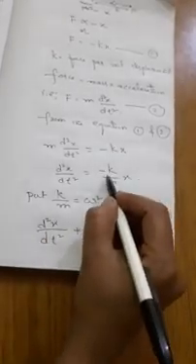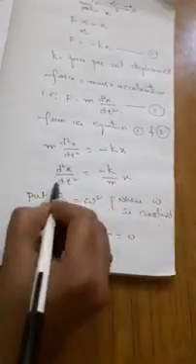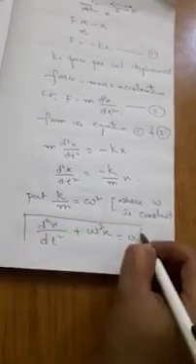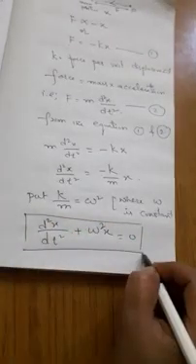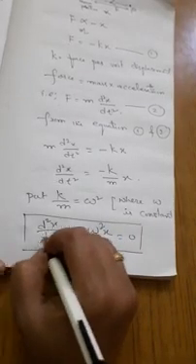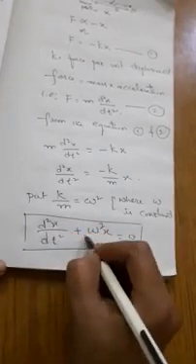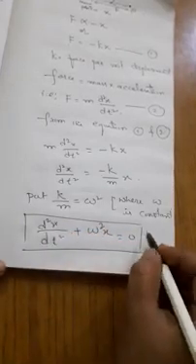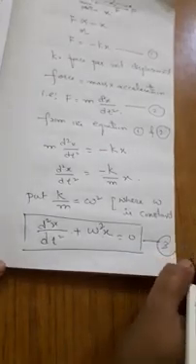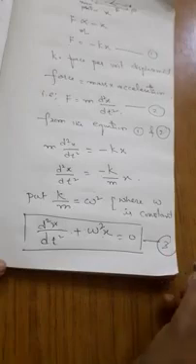When we take the term to this side, the minus goes to plus. So our equation of motion for a simple harmonic oscillator can be written as d square x by dt square plus omega square x is equal to 0. Let us take this as equation number 3. This is known as the differential equation of the simple harmonic oscillator.